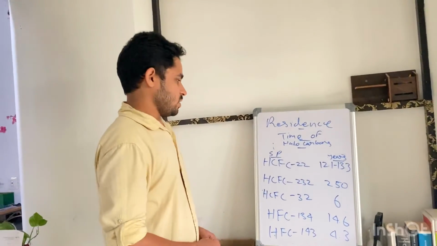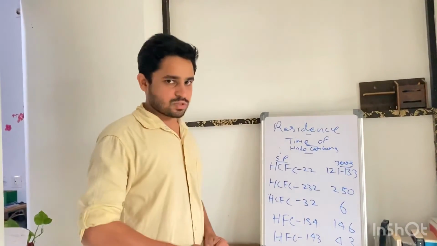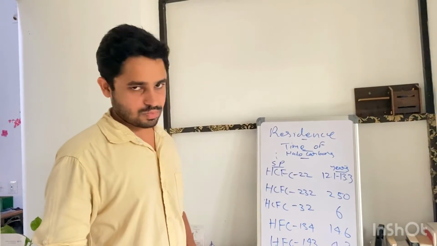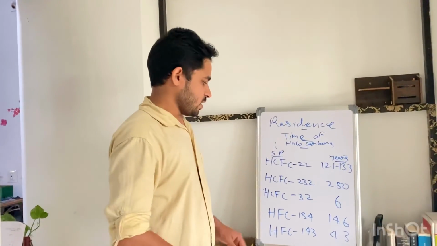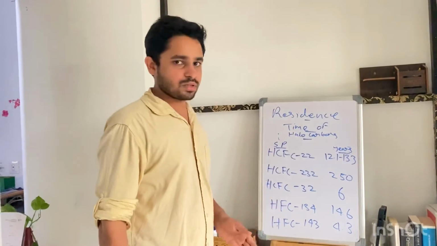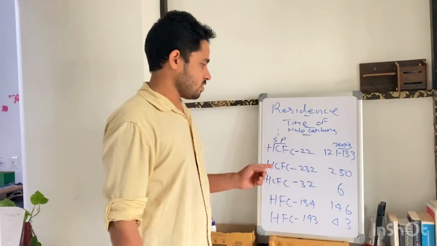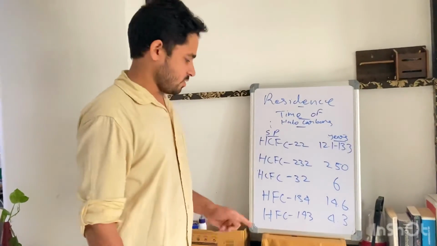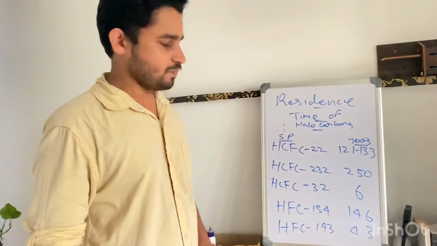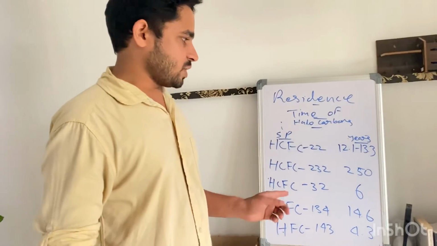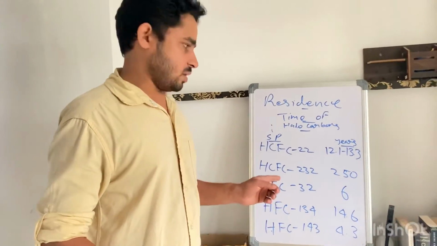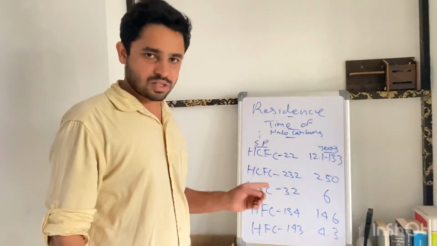We have discussed ozone depletion potential in this video itself. Among the gases we have discussed today, the ozone depletion potential of CFC is the highest, followed by HCFC, followed by HFC. I'll be putting together the residence time of all the gases mentioned in this video